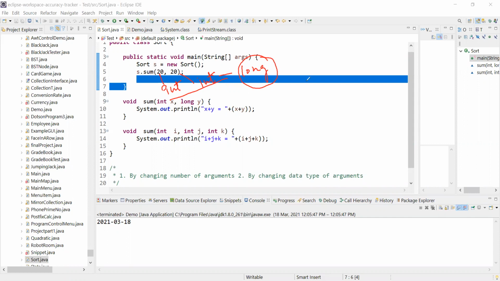Okay, Anuj, I have a doubt. If there is long y and if there is double y, if there is some other method like void sum int x comma double y, from these two, which will it take? Let me first define it. Void sum int x comma double y.